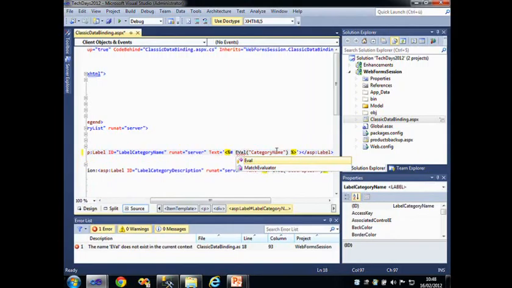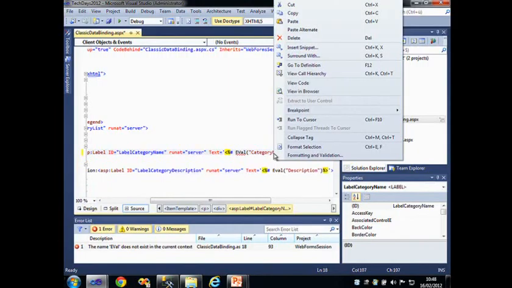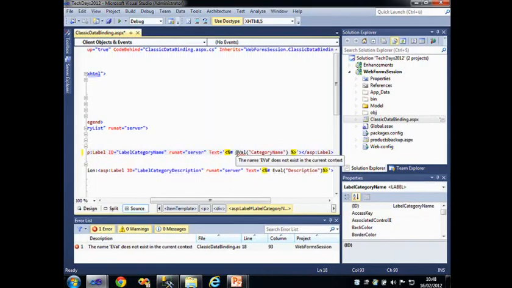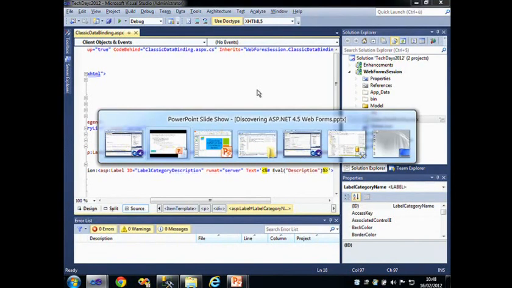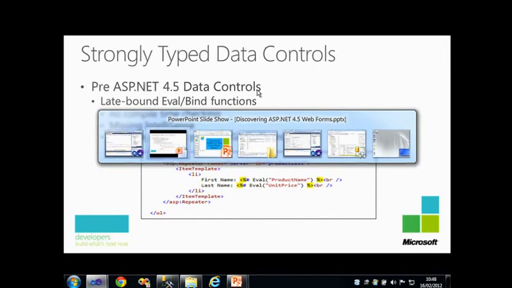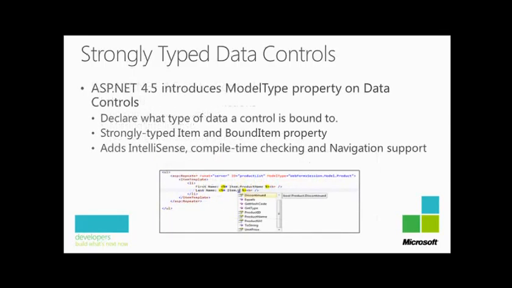You can't say where this category name property, maybe on a category class, is defined. If you would try to go to Go to Definition, you would actually end up on the string class because it thinks you wrote a string there. So there is no compile-time checking on these expressions. You can't go to the source. There is no IntelliSense. And that's kind of the first new thing that did change in ASP.NET 4.5,